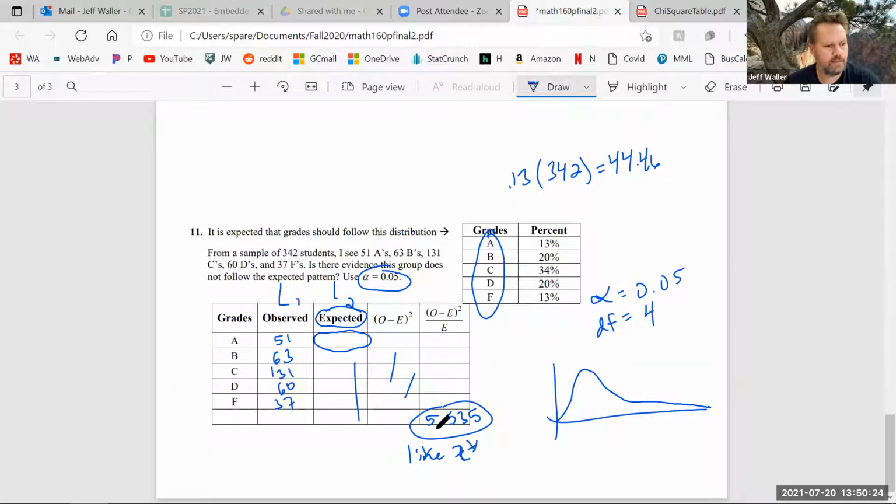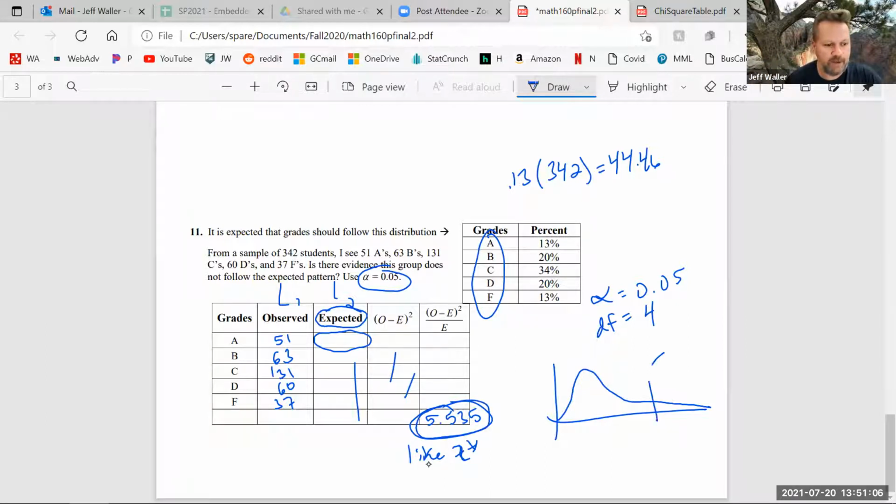Can you guys see the 5.535? That is like Z star. That's the chi-square that we calculated for our sample. Somebody the other day called it chi-square star, which I didn't necessarily want to use as notation, because some of you might not feel comfortable enough with hypothesis tests for me to say this is like Z star, but it's the thing we calculated from the sample. So now we know how far away our sample was.